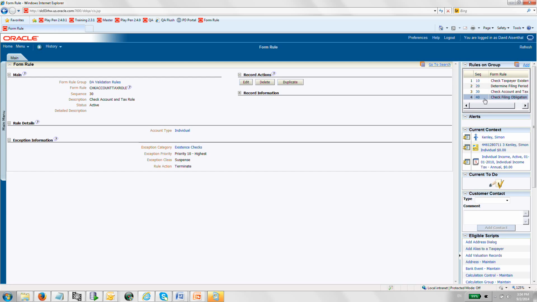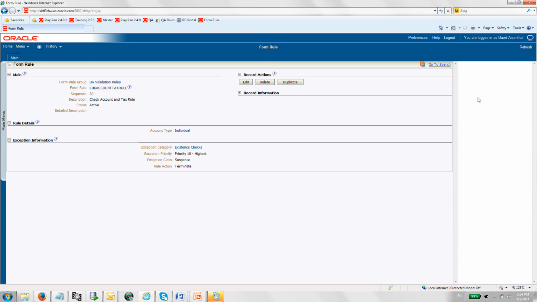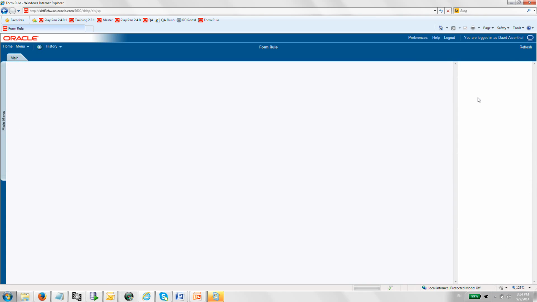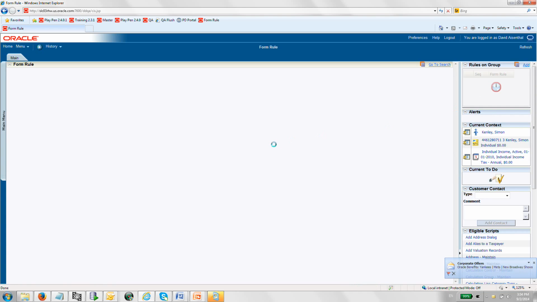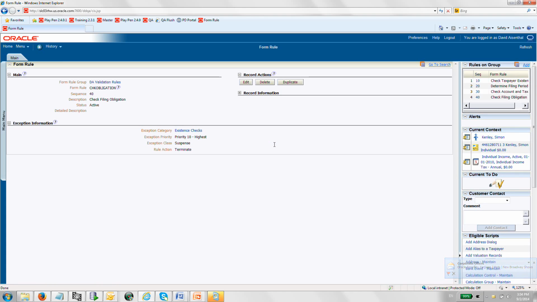Finally, we also have a check filing obligation form rule, and this particular one will also expect that the account and tax roll and filing period already exist, and if they don't exist, it can't find the filing obligation. If it finds the filing obligation, it retrieves it and puts it onto the form. Okay, so these are the 4 form rules we have on the validate step. If we now go to look at the